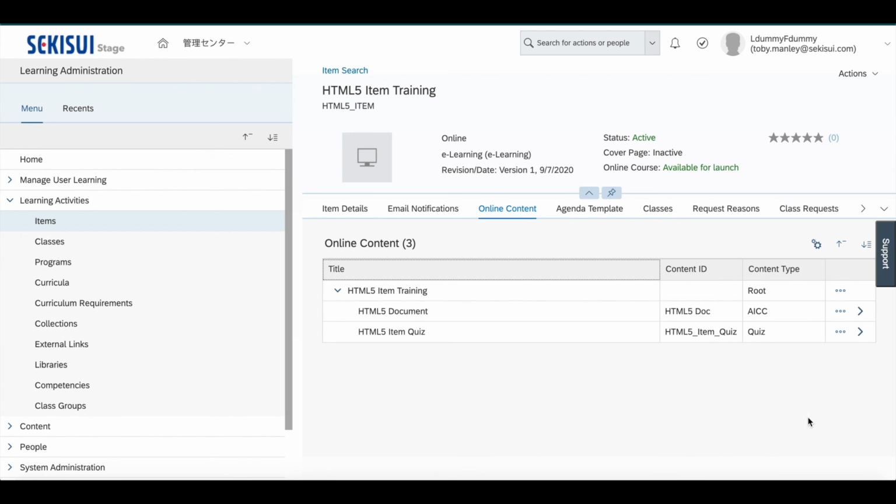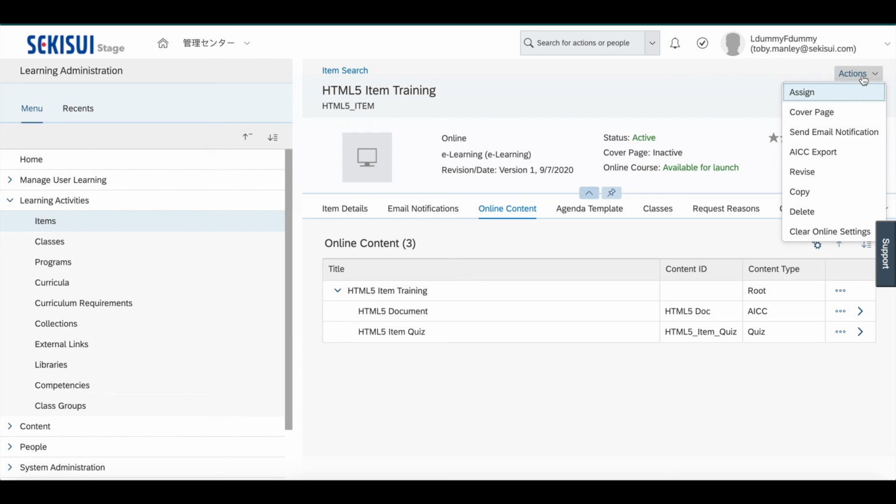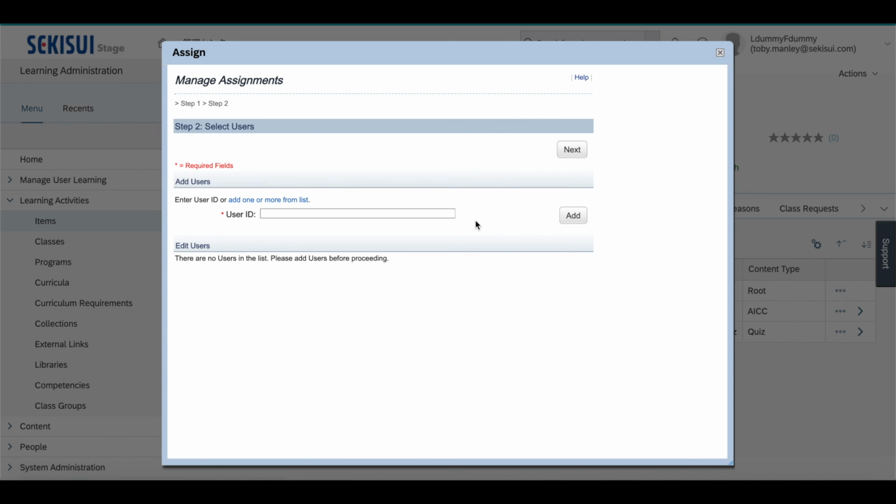To assign the item to an individual user, simply click the Actions button in the top right. Click Assign and follow the steps to assign the item to a